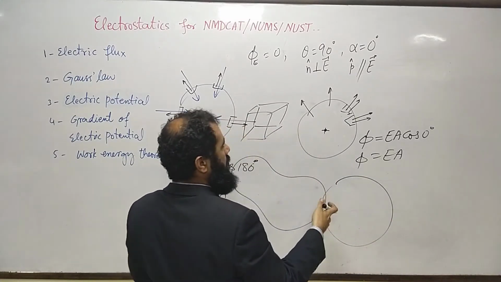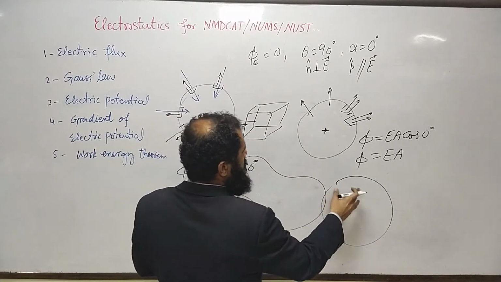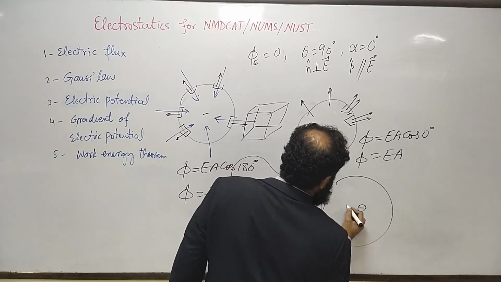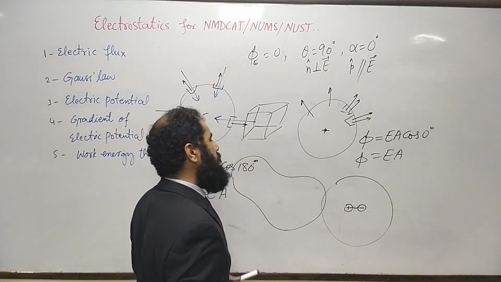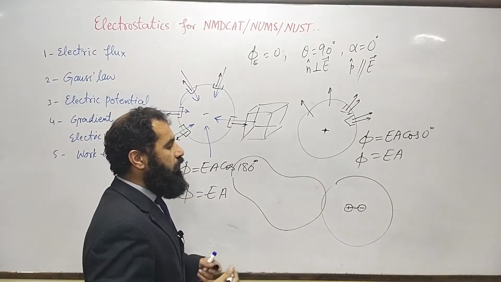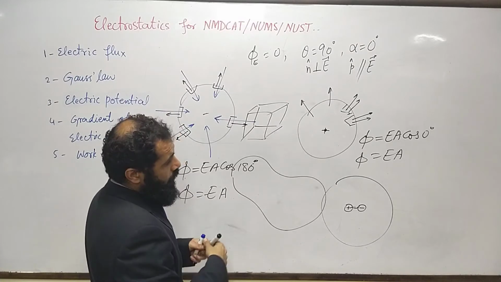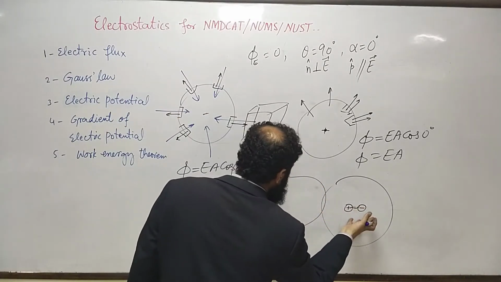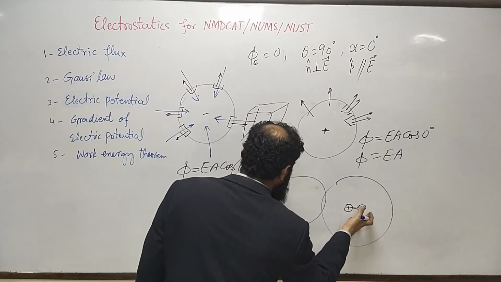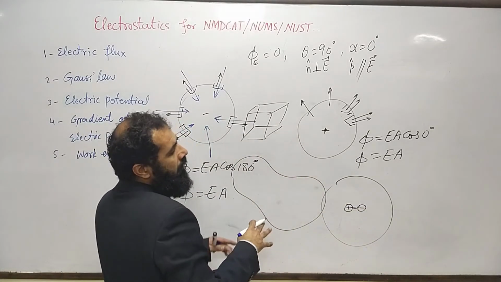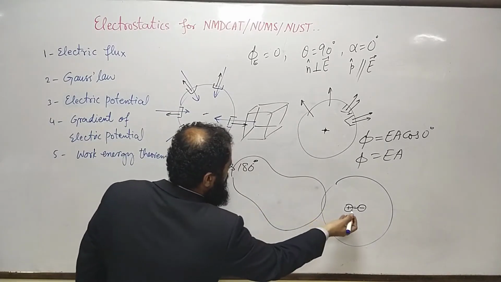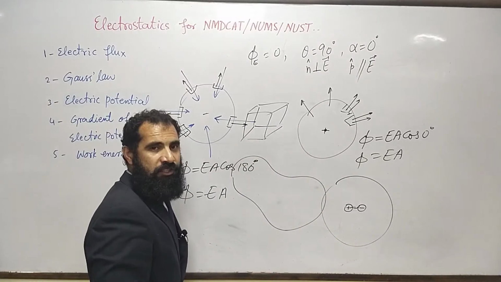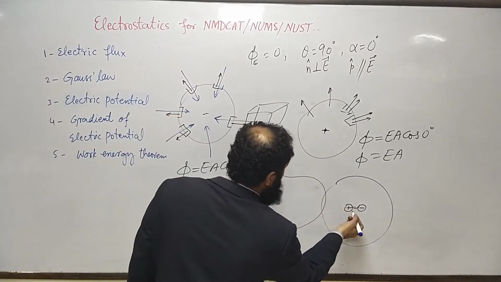And what would happen if we place both of these charges inside a single sphere like this? I have a spherical surface, and in this surface I place a dipole. A dipole is just a system having two opposite charges of the same magnitude. So if I place it here, what would happen? According to Gauss, it's very easy to calculate electric flux through that surface without any mathematics. Both negative and positive charges are inside that surface, so the total charge is 0.